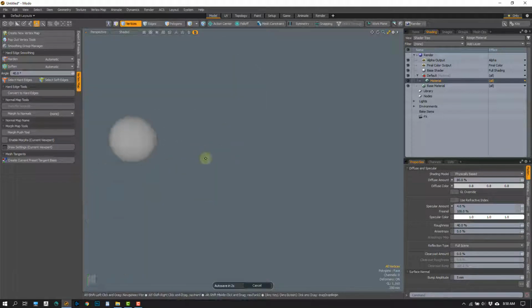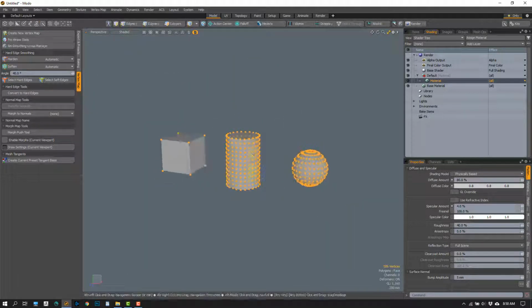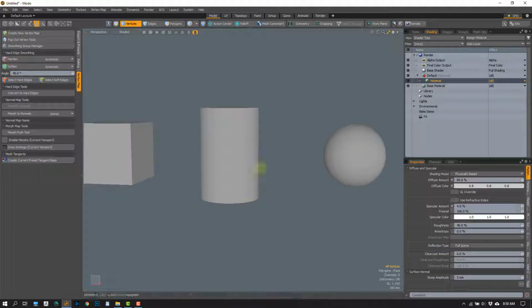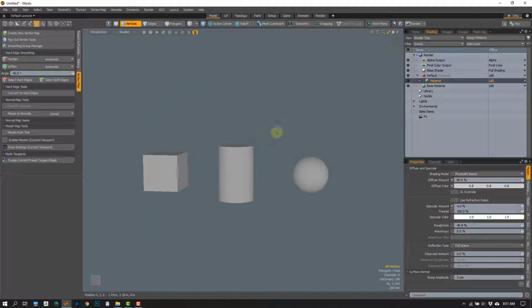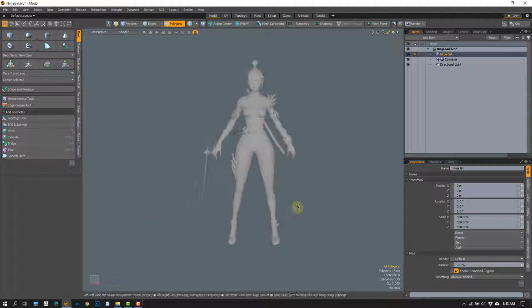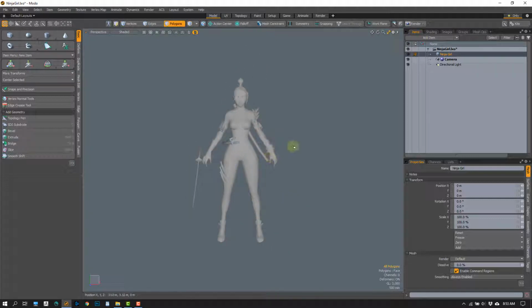But let's look at a practical example of why we would actually do this smoothing, because again, it's a little bit goofy just doing it on some primitive shape. So this is the example that I'm going to use. This was a free model that got thrown online